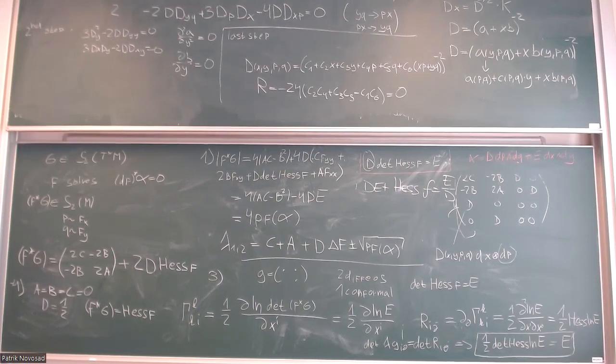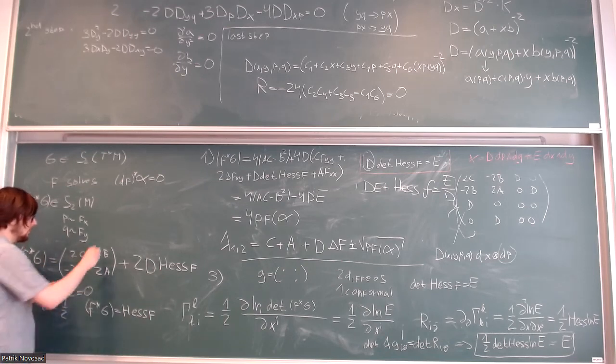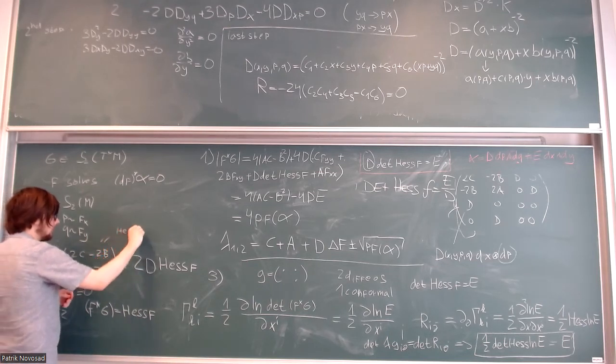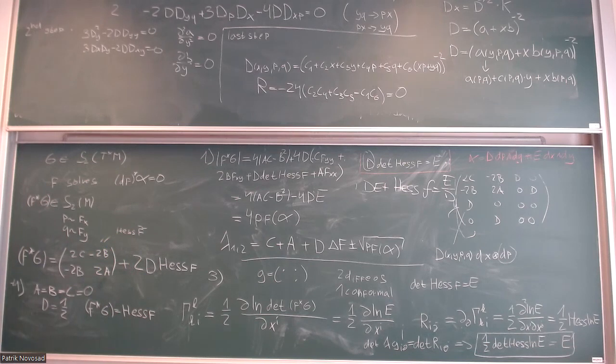And the second comment is if you check the F star G, which is about the number 4, so this is this general guy, then we can pick A, B, C, D, so that this matrix is also hashing of some other function, which doesn't have to satisfy the Monge-Ampère equation itself. And then we have some nice deformation of the hashing structure. And the question is, for example, whether the results which hold for the hashing structures will also hold for these kind of deformations. Yes, so that was the point that if we restrict to ABC equals 0, then we